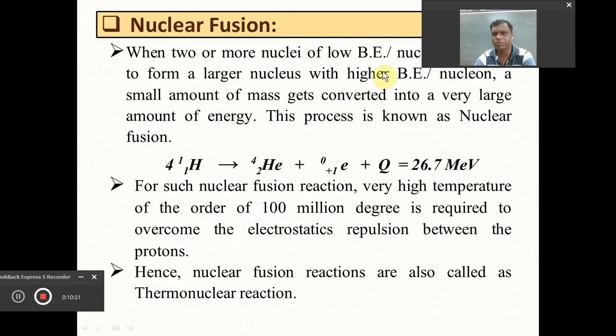Dear friends, after this I hope you got a clear idea about the breeder reactor. In the breeder reactor we are using the fertile as well as fissile material, and whatever neutrons are obtained in the nuclear fission, these neutrons are responsible for the conversion of fertile material into fissile material, and that's why the amount of nuclear fuel goes on increasing in the breeder reactor. That's why this reactor is also called the production reactor.